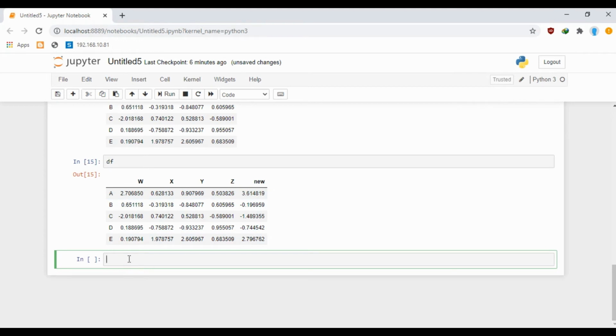To remove it permanently, I need to specify the index and axis, and for removing it completely I need to add a third argument called inplace, which I need to specify as True.